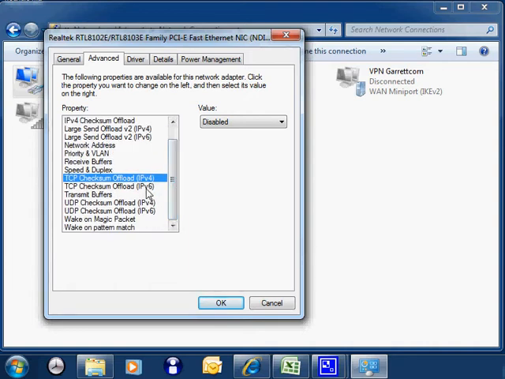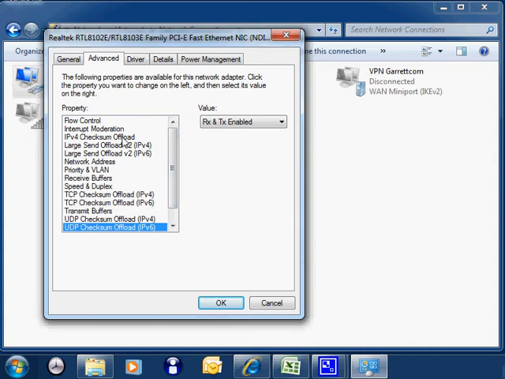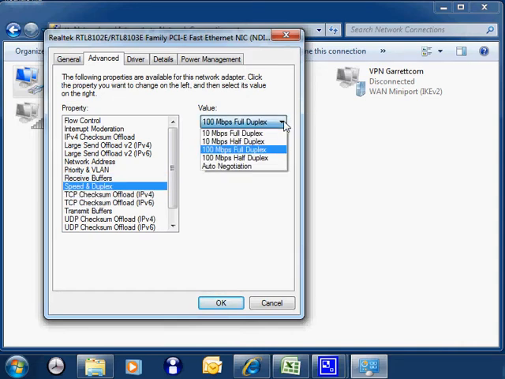Sometimes if you're using Wireshark you can get errors due to these settings being enabled when they should be disabled. If you need to do that you can do that here. But the most important one by far on this list is the speed and duplex settings, so you'd select it in the menu, and then these are your options for that particular setting. When you want to make the change, click OK,